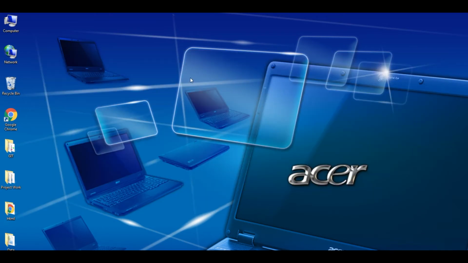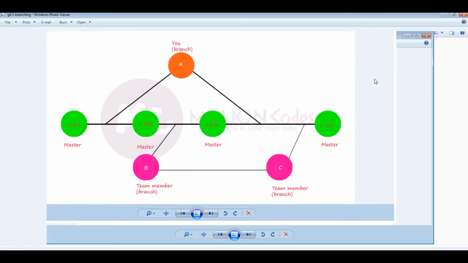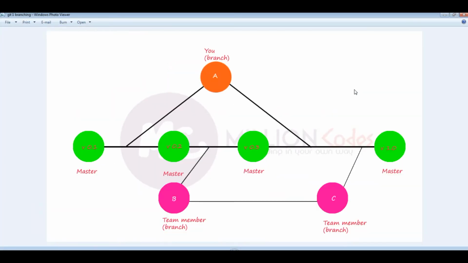So let's see the diagrammatical structure of how Git is working. If you are working in a project, you can compare yourself as a developer or as a document worker. So this is the master branch. Master branch is the final output of your application. If you open a software, you will see that they have mentioned the version numbers there. The version numbers mean the changes they have made on the particular application, known as the version.